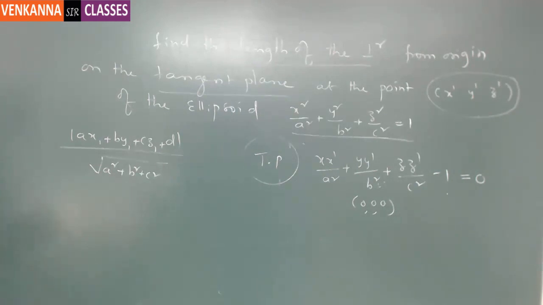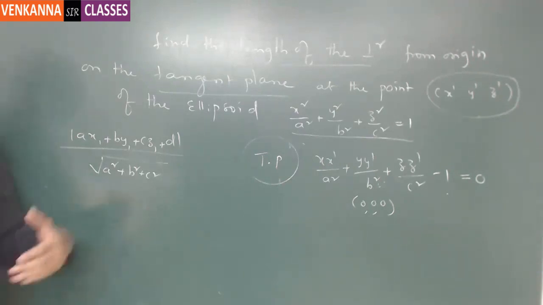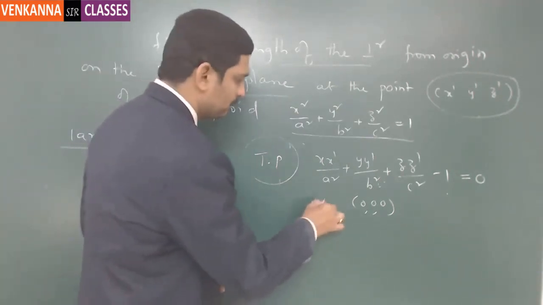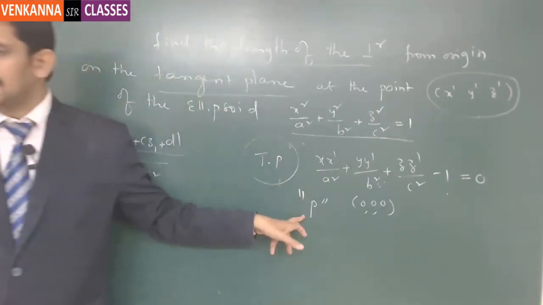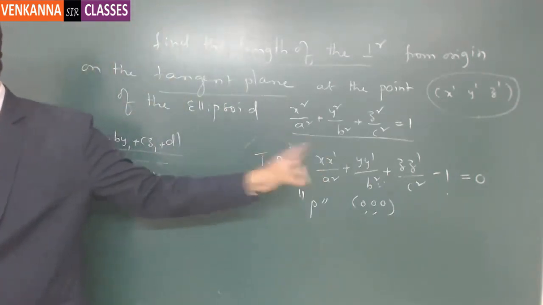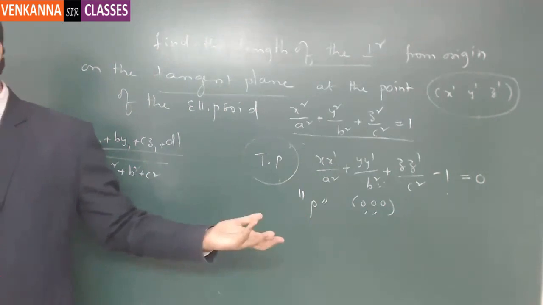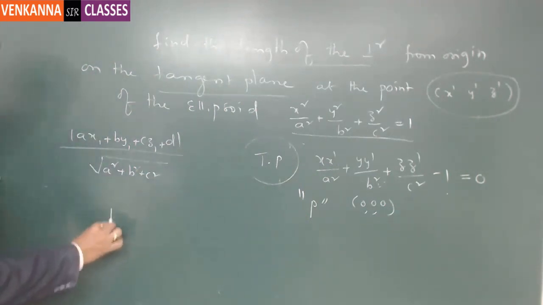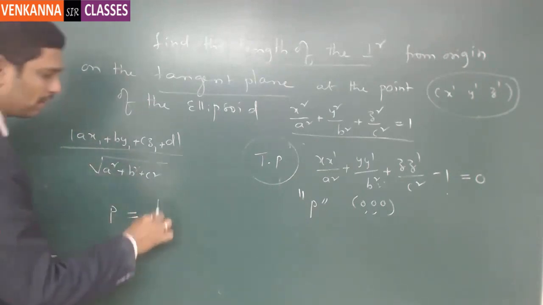Right. So let us take that P is the distance. Let us assume that P is the distance from origin to the plane. Let us assume that. So you have, applying the formula, P is equal to modulus of,